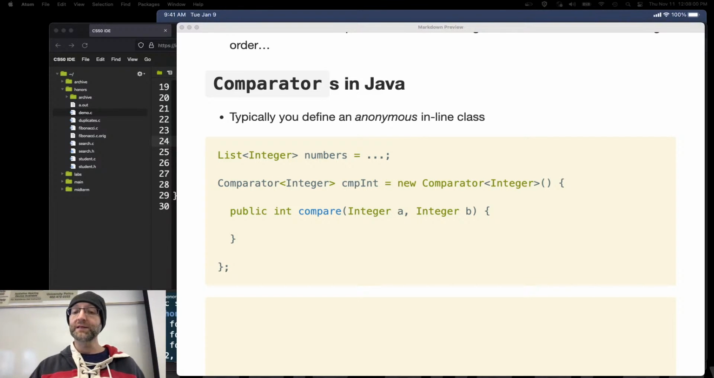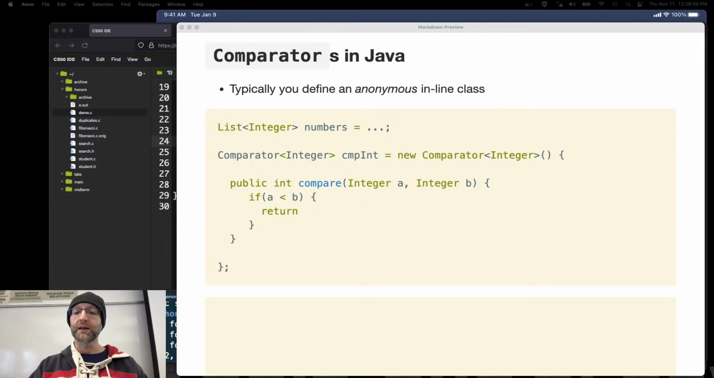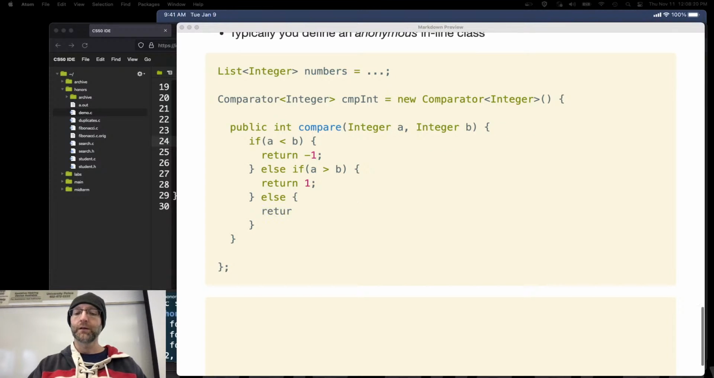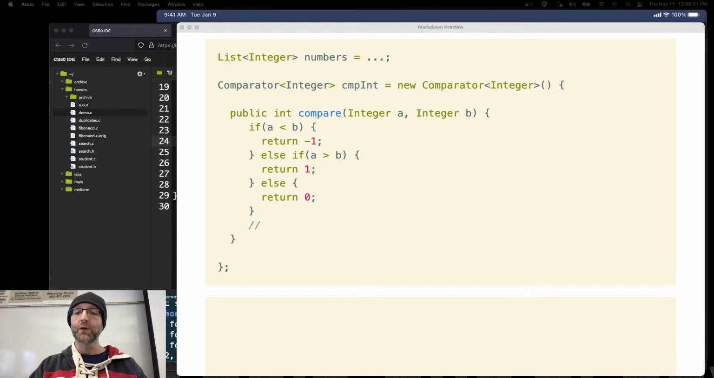Now what do you do inside this function? Exactly what you did with the comparator in C. If a is less than b, return something negative. Else if a is greater than b, return something positive. Else return 0. And there are shortcuts to this as well, because Integer is a built-in class. An Integer is already comparable. You don't need to do this. You can just do return